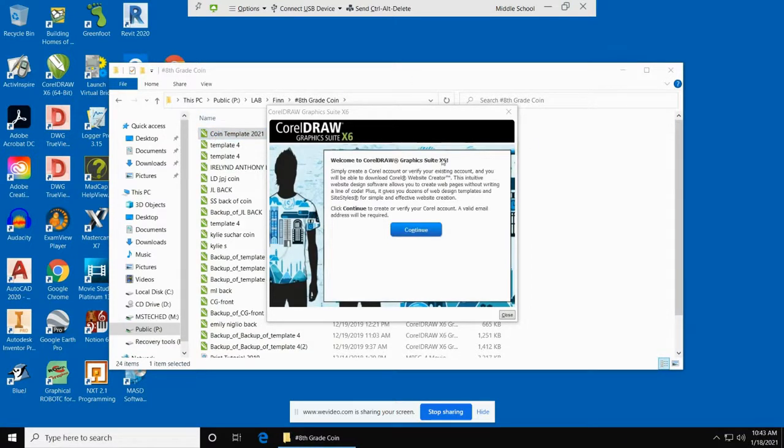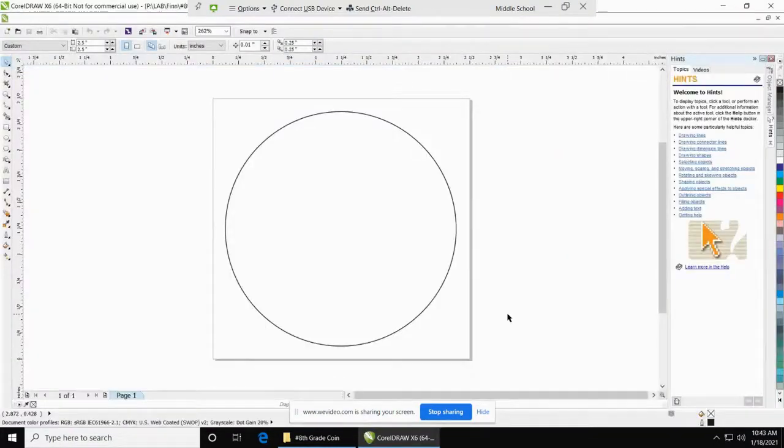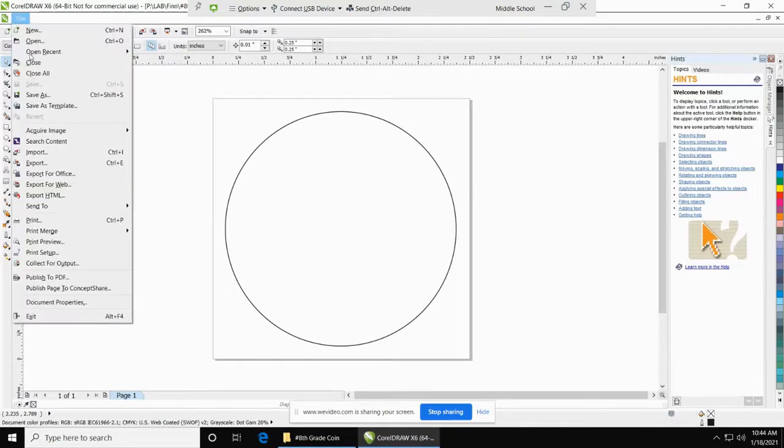What you're going to select here when they ask you to join is you're just going to click Close, and it will open our template. Now, your template needs to be saved, and you're going to do that by bringing your cursor up along the top line here. For some reason, the program is not showing these particular drop-down menus, so you have to kind of hover over it to find them. So under File, you're going to do a Save As,